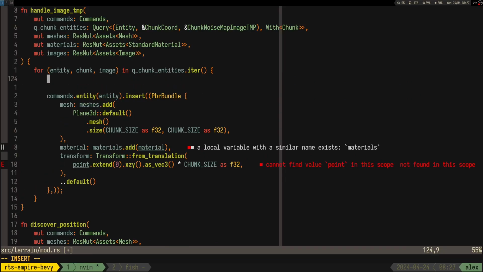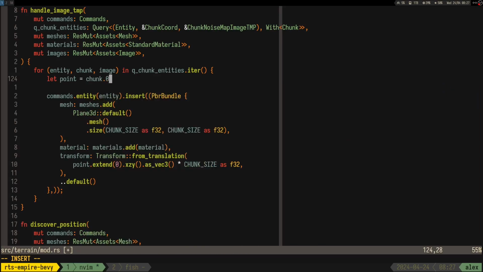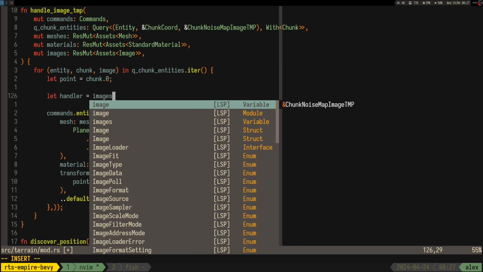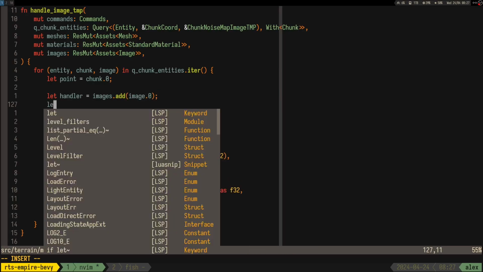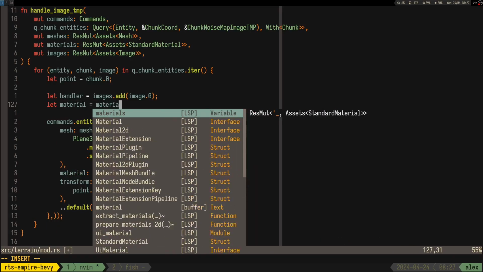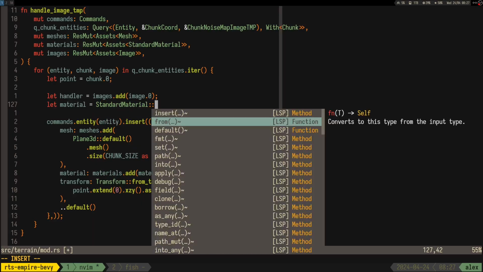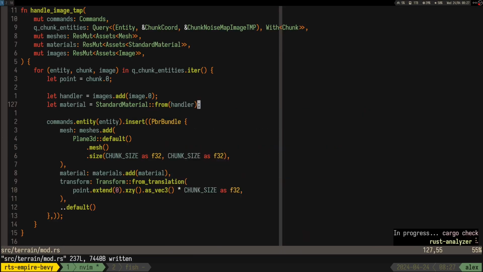Okay, so then let point is equal chunk dot 0, and then let handler is images dot add image 0, and let material is materials dot standard material from handler. Right, so I mean this is,